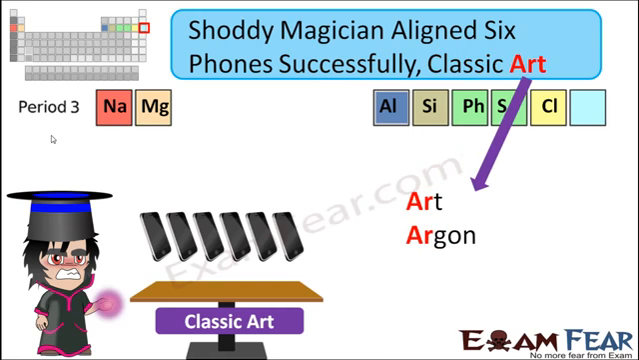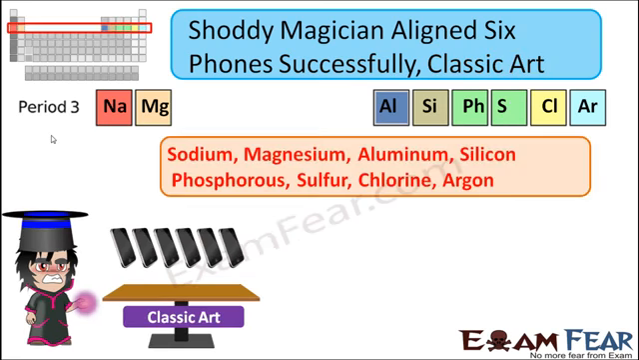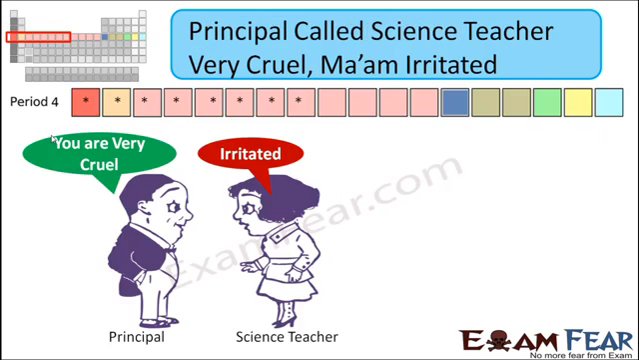Art reminds of argon. So finally, the memory tip for elements in period 3 would be: Saudi magician aligned 6 phones successfully, classic art. Moving on to period 4,